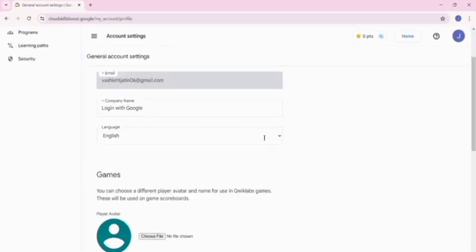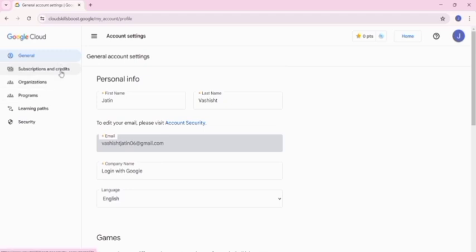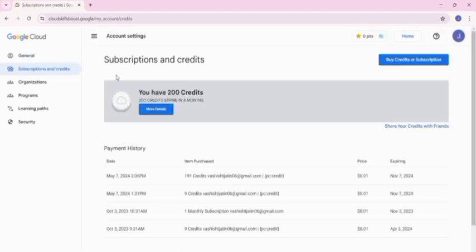Just click on the setting option, and in the sidebar you have to click on the credit and subscription. If you click on it, then you can check it out. I am having about 200 credits, and I will be giving 150 credits to someone.